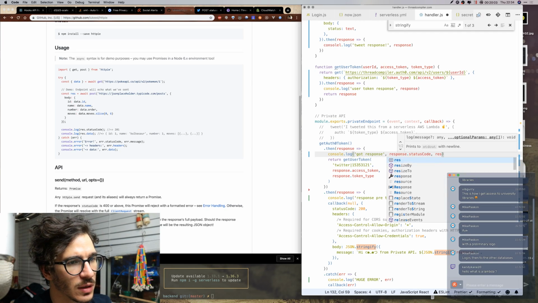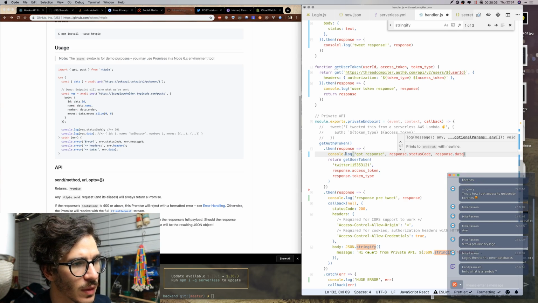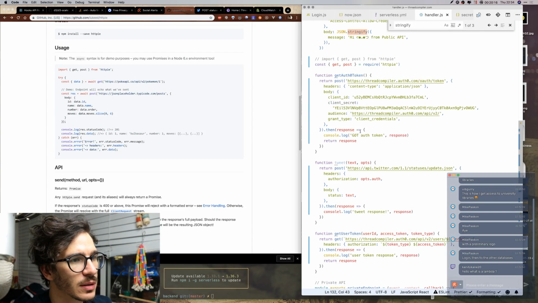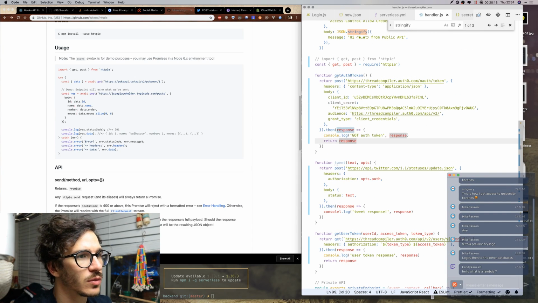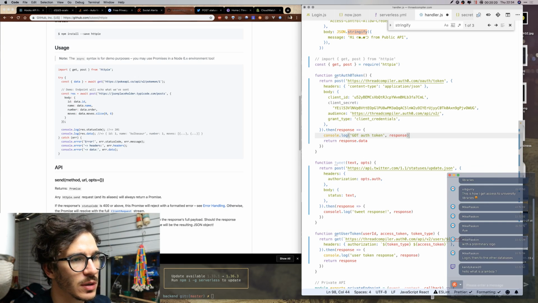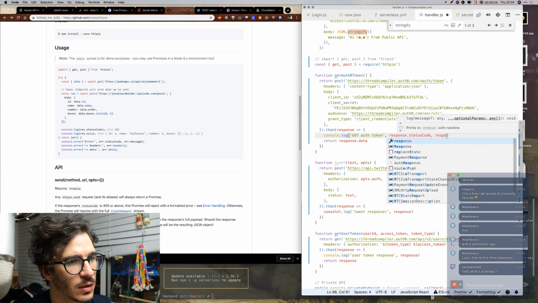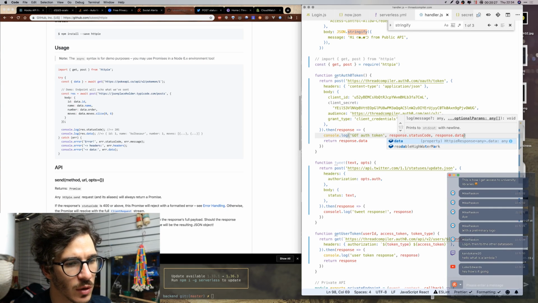Response.status code and response.data. No. So here the response is going to be just data, but down here we return response.data, response.status code we log, and response.data we also log.